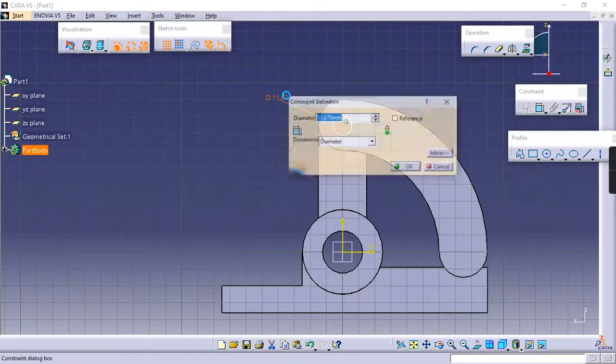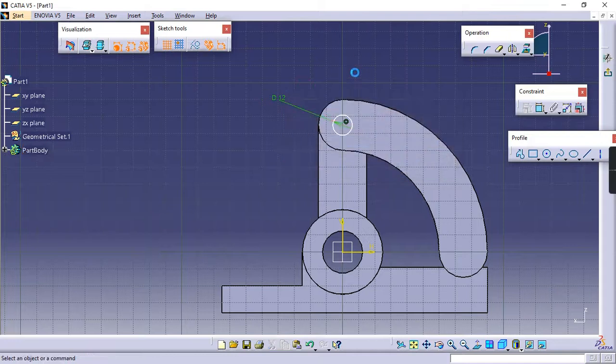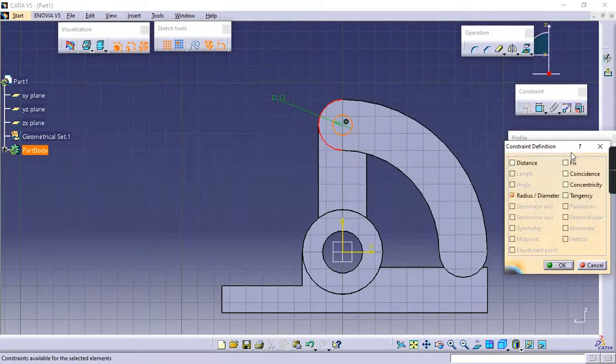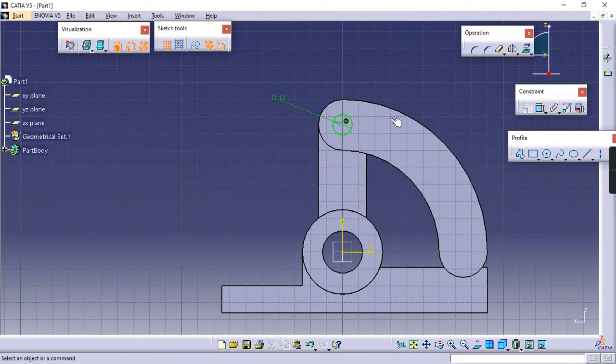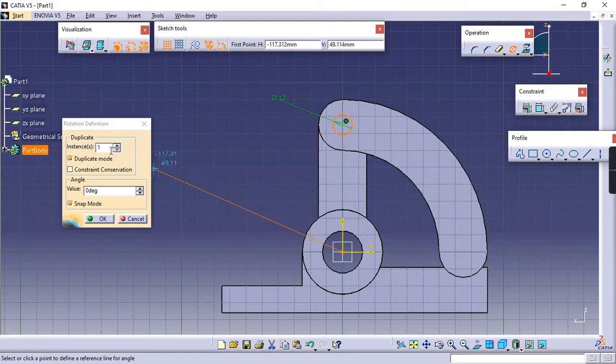So diameter is 12 and this circle and this semicircle edge must be concentric, means passing through the same point. Now it is constrained. Now rotate this, select it, go for rotate about this point. 3 more are required. Duplicate mode on, give the angle, give the negative angle to make it clockwise motion, 30 degree.